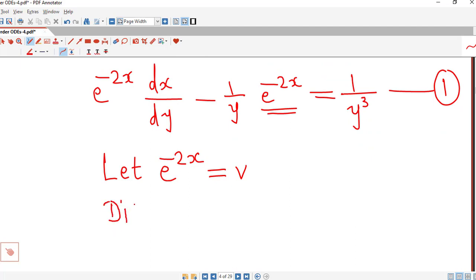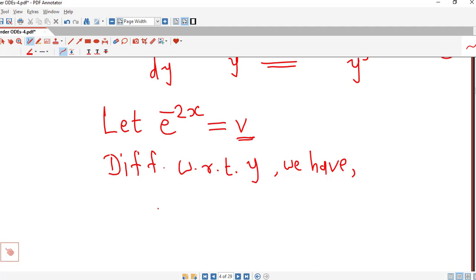Now we have to differentiate both sides with respect to y. Here we will be careful that our dependent variable is x and independent variable is y. The new dependent variable is v, independent variable remains as it is. Differentiate with respect to y. We have,